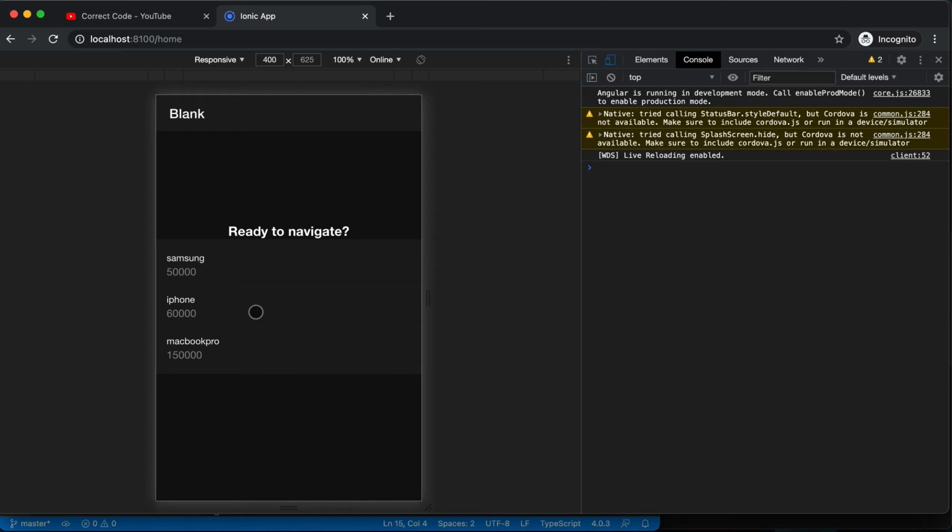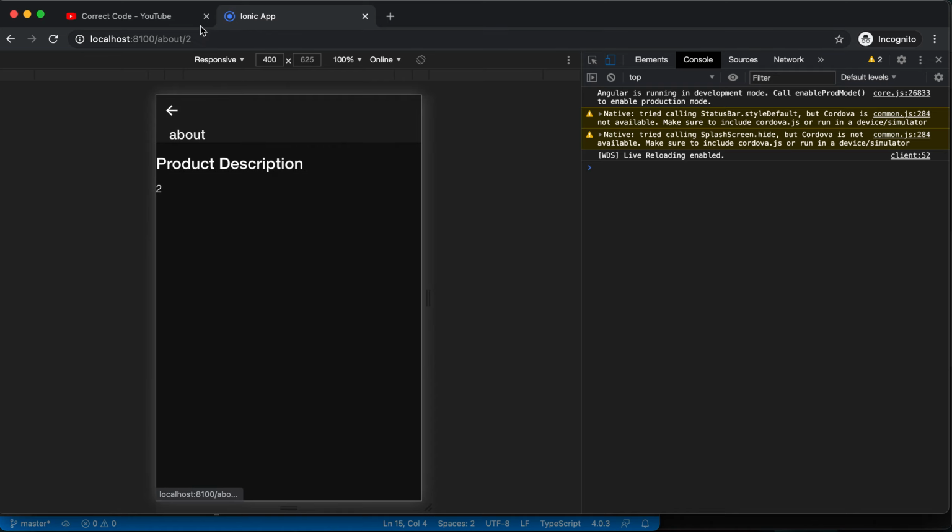So if you want to make any online web request, you can follow this method. Using this ID you can make some request.